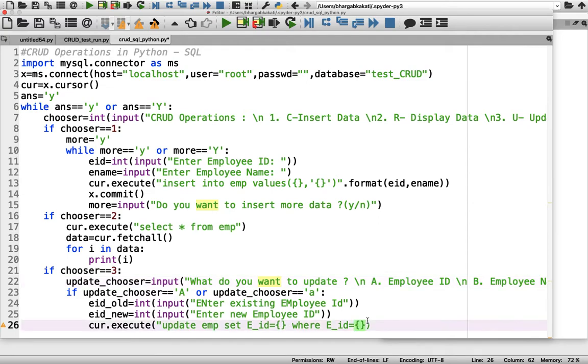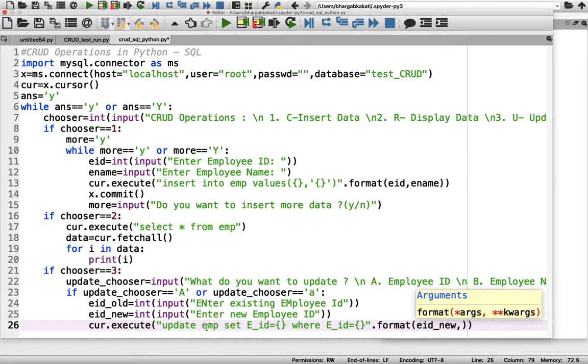I have already discussed it in the previous parts. So here update table name, set column name equals value, where existing column name equals value, dot format. So now what will come here? Here the new employee ID will come. Therefore, EID underscore new will come here.